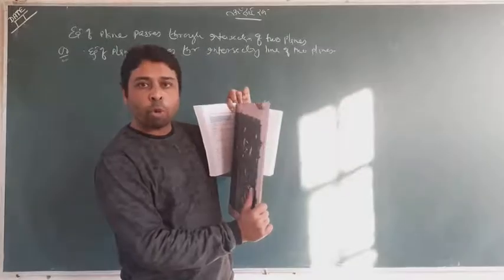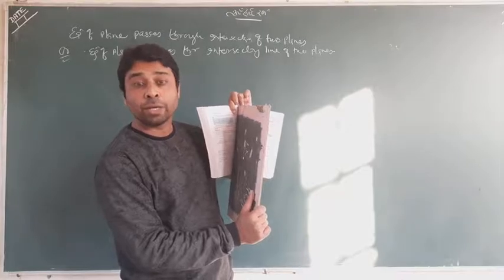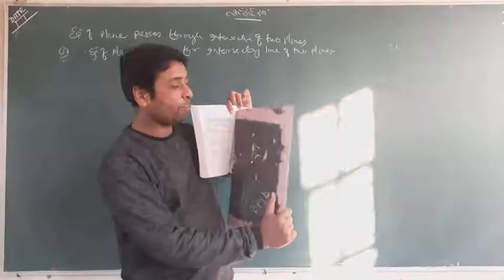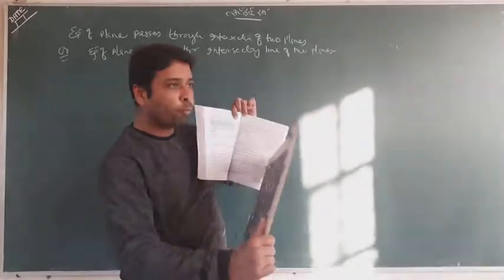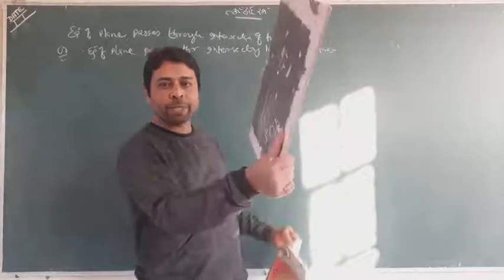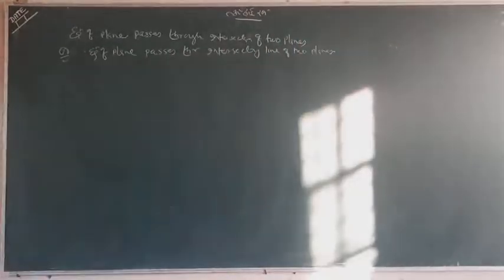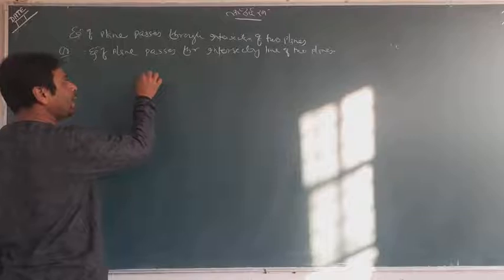This particular board, actually a hardboard, is a plane which is passing through the intersection of these two planes, from any direction. So these two planes will be given and you have to find this plane. That is a very interesting case. Hope students you have got it by viewing the picture. And let's look at what we have to find out.